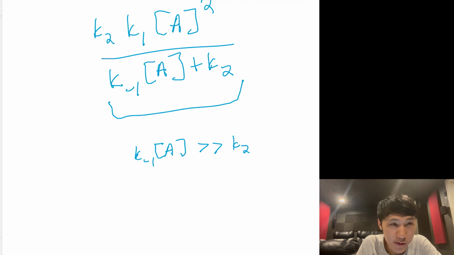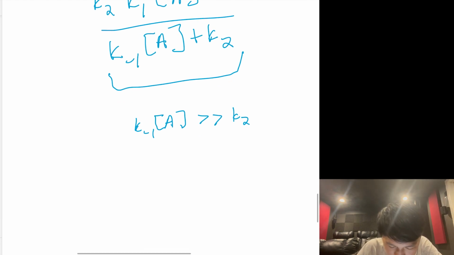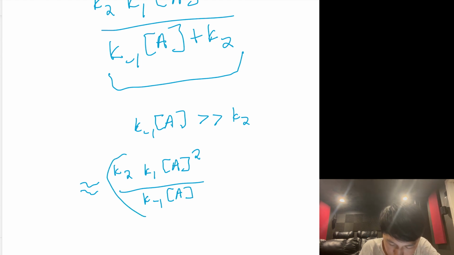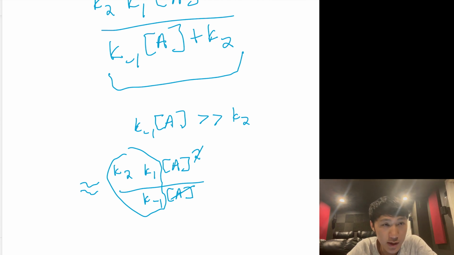Therefore, the denominator is effectively just k-1 times A. In that case, we can rewrite the rate law as k2 times k1 A squared over k-1 times the concentration of A. And then this is all just one constant, and this A will cancel out with this exponent up here, and we just have some constant times the concentration of A, and we will get first order kinetics,